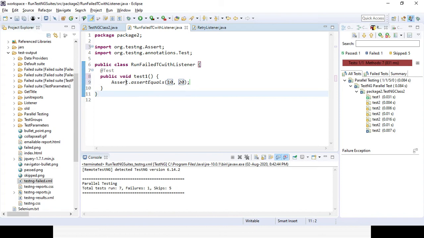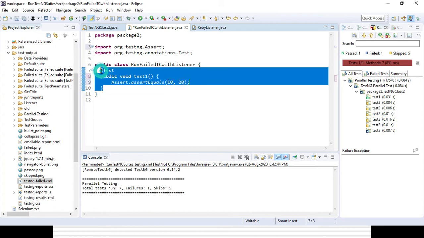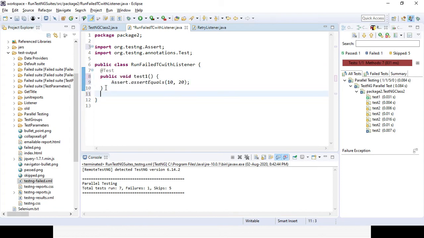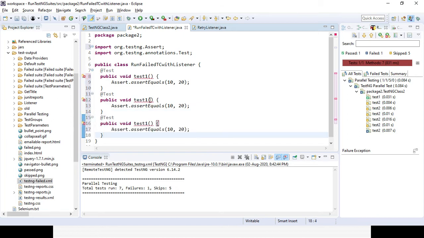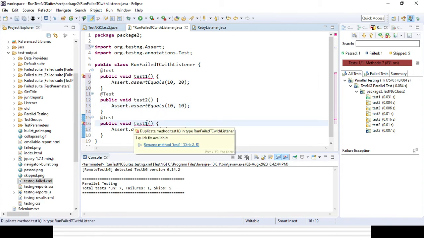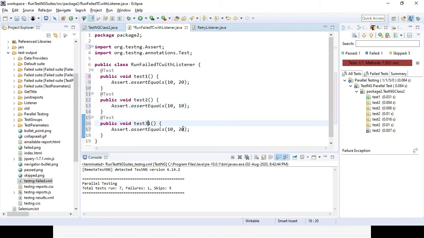Obviously the test case will fail. I want to create another two methods, suppose 2, so it will match, and 3 also gets failed. Suppose say 15. Now if we run it, you can see